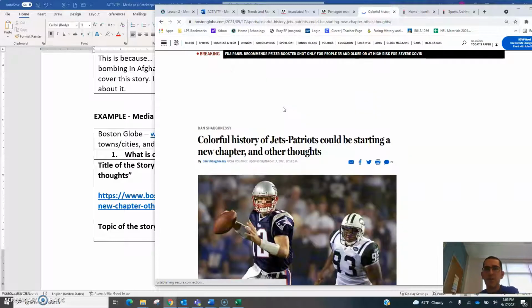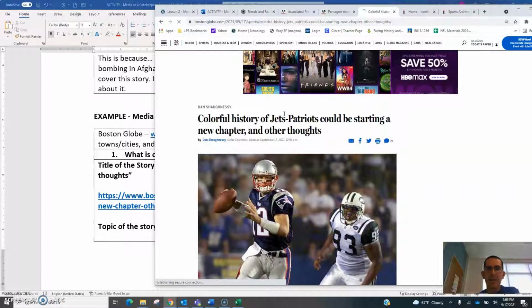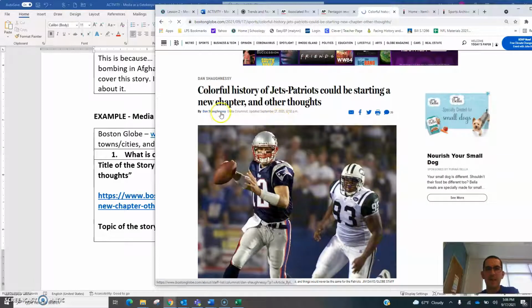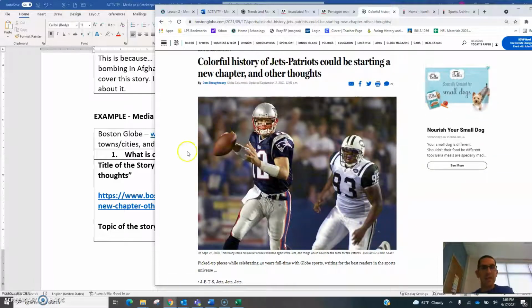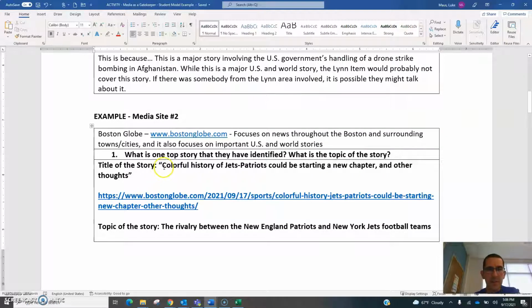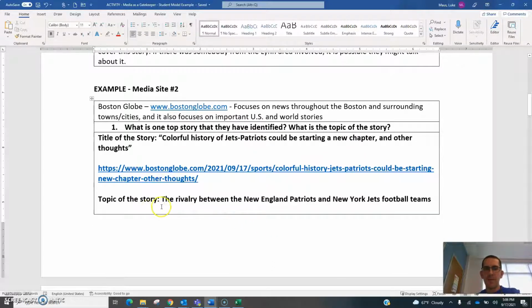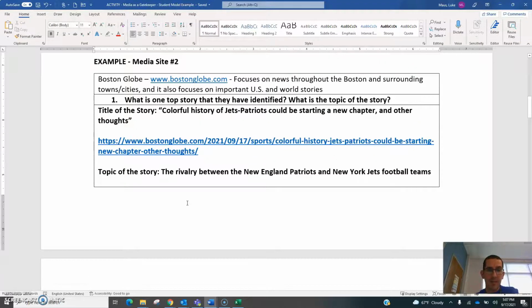It says it could be a new chapter, in Other Thoughts from the famous columnist Dan Shaughnessy. So you can see over here that I type in the title of the story, colorful history of the Jets-Patriots could be starting a new chapter in Other Thoughts. And the topic of the story is the rivalry between the New England Patriots and Jets football teams.